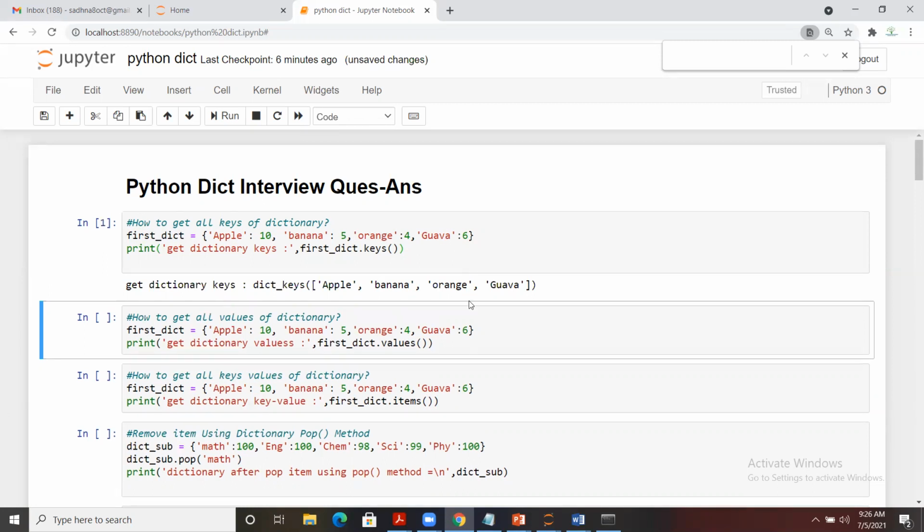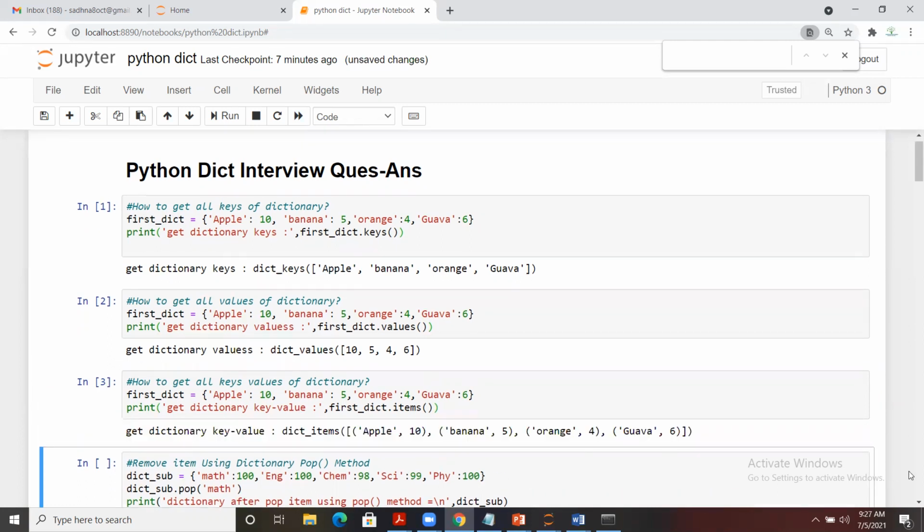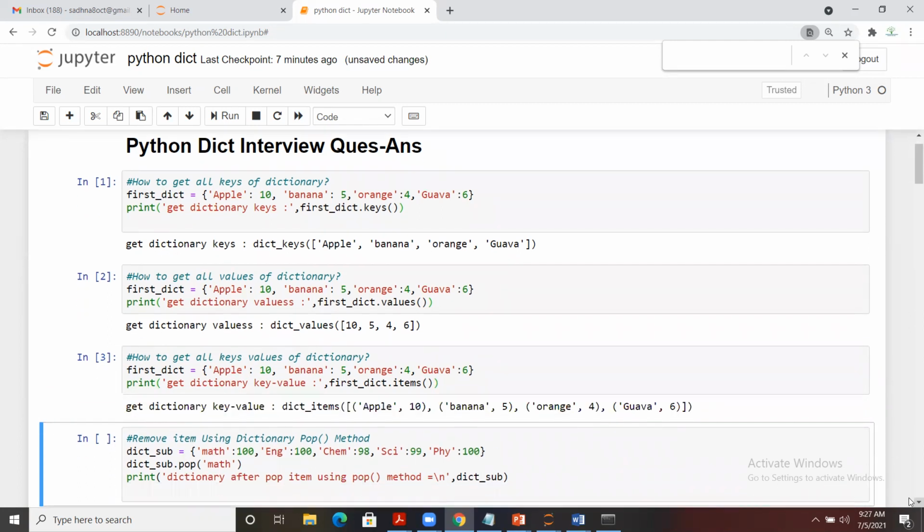In case we need to extract only values, we also have a values function associated with any dictionary we make, and we can apply it and directly get the values. So it totally depends on your requirement. In case we need both key and value, we can use items. Items is basically where we get the dictionary's key and value pairs all together. So this is how we can get it, although there are multiple ways to extract key value pairs; this is just one of them.